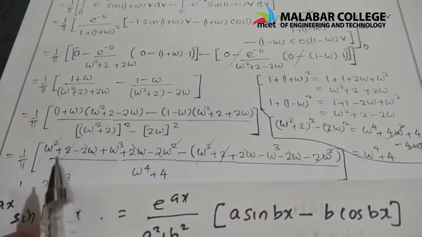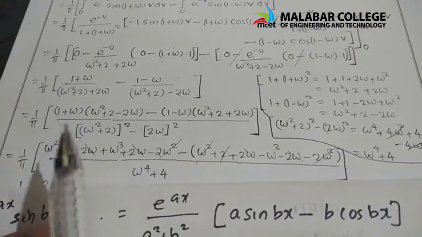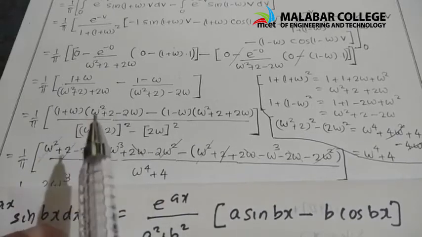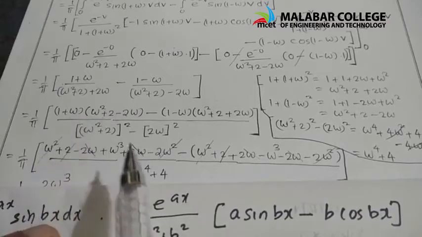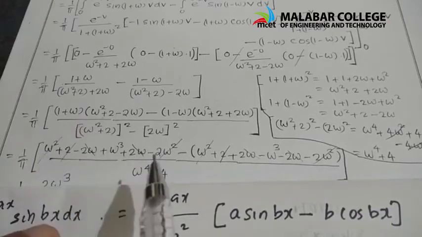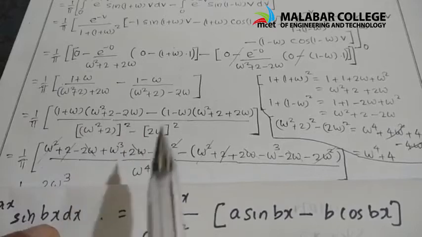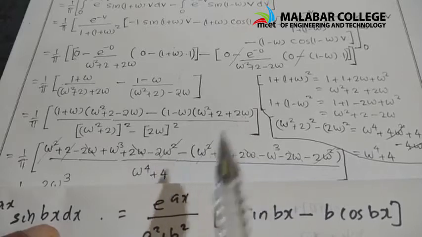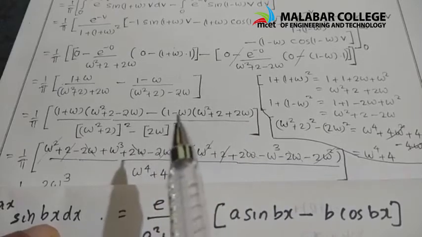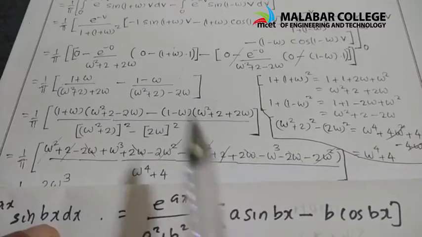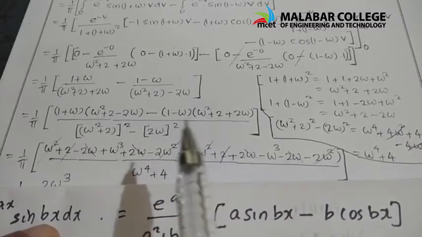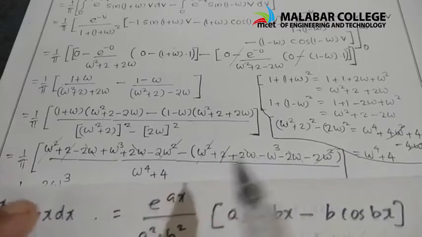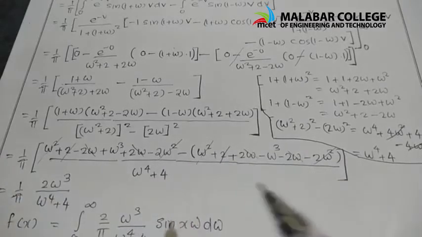1 into omega square, 1 into 2, 1 into minus 2 omega, omega into omega square is omega cube, omega into 2 omega, plus into minus it is minus here, omega into 2 omega square. Similarly for this minus of, written: 1 into omega square, 2 omega square, 2 omega, this minus omega into omega square, minus omega cube, minus omega into 2 minus 2 omega, minus omega into 2 omega minus 2 omega square. This is minus of term here, minus of term. So this minus of term you have to simplify again.